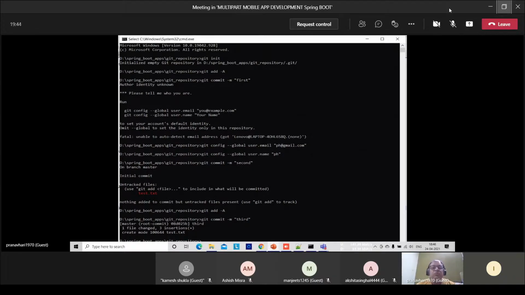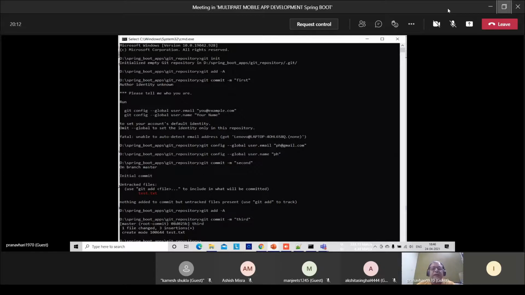Okay. So for having the local drive, that is a local folder, as a Git repository, you need to create a directory.